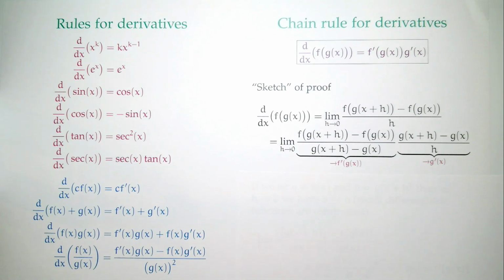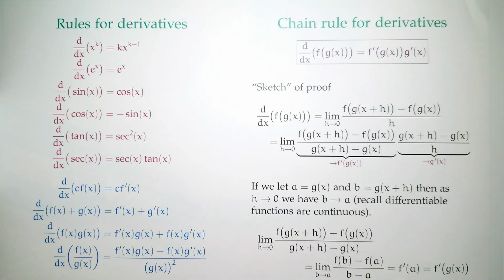Now, why is that? Well, we can think of an alternative definition of the derivative, where instead of having h go to 0, we talk about b going to a. So, suppose I set a to be g of x, and b to be g of x plus h. Well, if I have a nice function, in other words, one that has a derivative, and we're going to assume that we're working with nice functions,